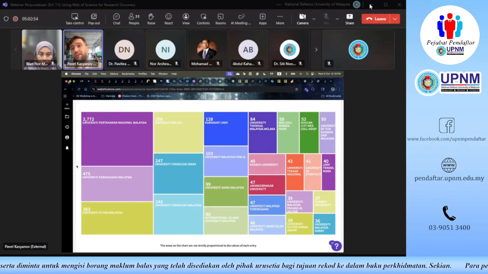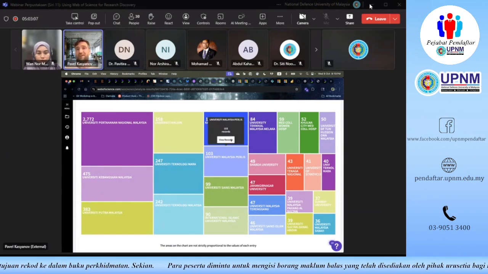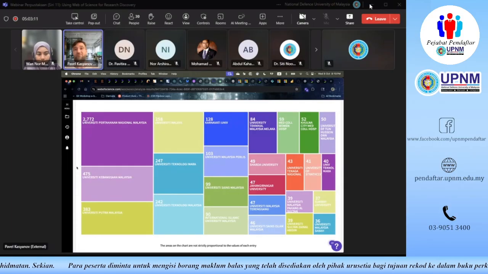and how actively. If you'd like to only focus on exploring the records that have been published in a collaboration between UPNM and any of these organizations, you can just hover your mouse above them and click View Records, okay? We can do exactly the same for a specific researcher. So if you'd like to explore the collaboration between two researchers, you can also do that at the researcher level. If you want to explore the collaboration between two countries, you can also do that at the country level. Let me show you how this can be done.